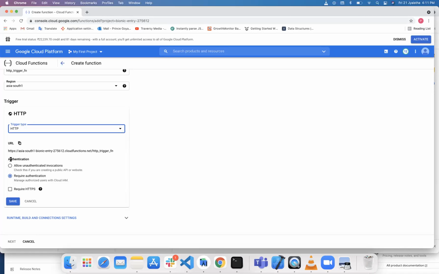So here is some authentication, like what kind of authentication we use for this trigger. So we will allow unauthenticated. So we will also require HTTPS. This is going to be the URL for this trigger.